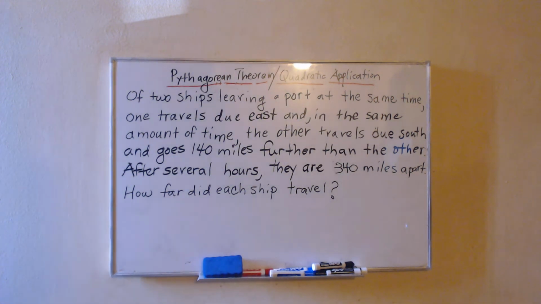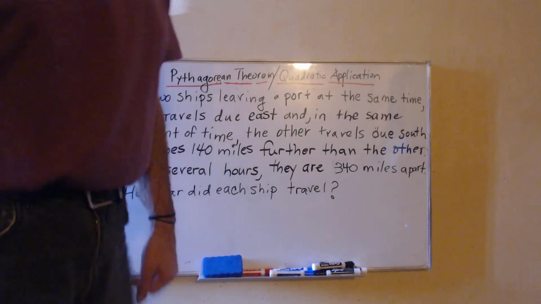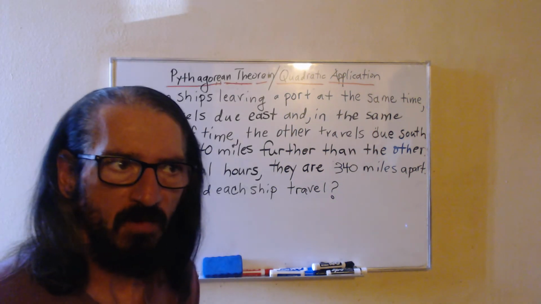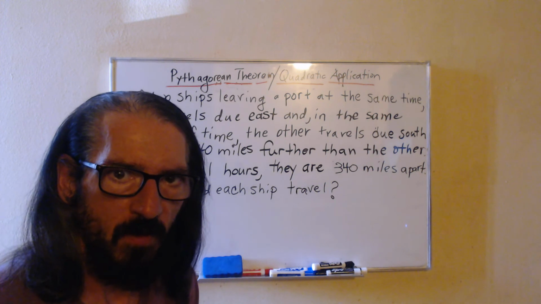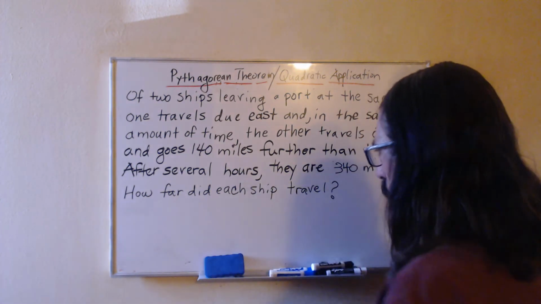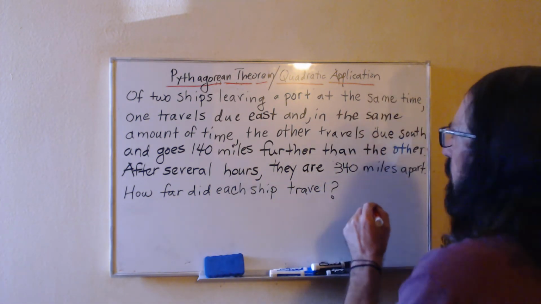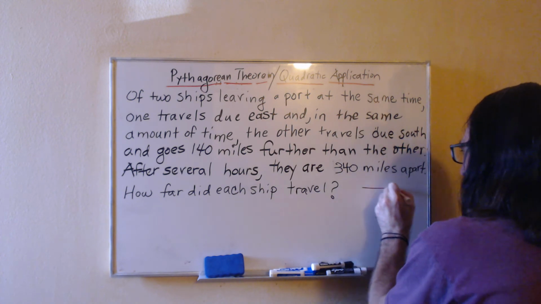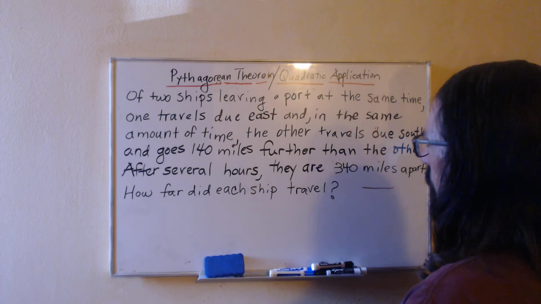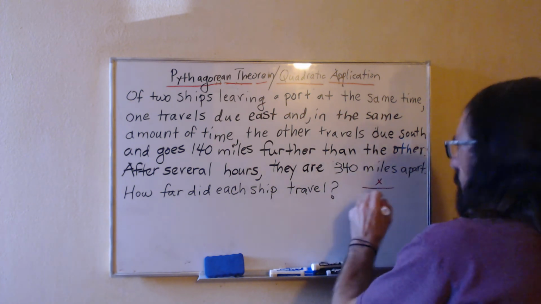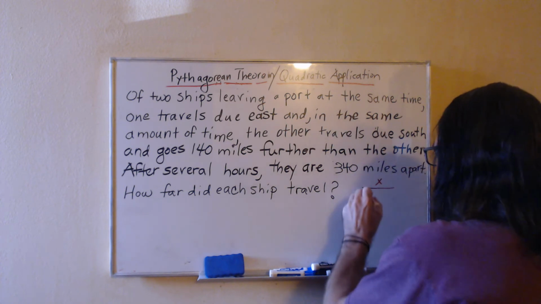We've got a bit of a hint in the title for this question of what we need to use. So, how is the Pythagorean theorem coming up? It's because the two ships are going at a 90-degree angle to each other, one going due east. We'll call the distance that it goes x, because the one that is going due south,